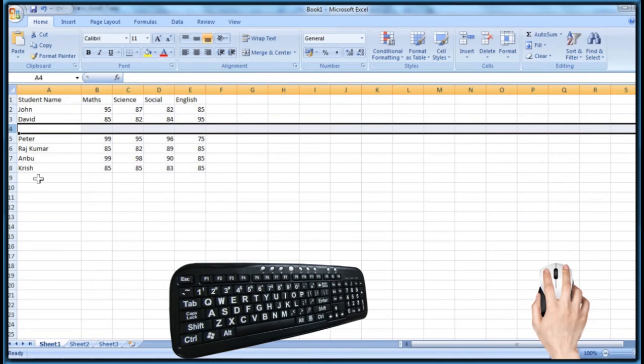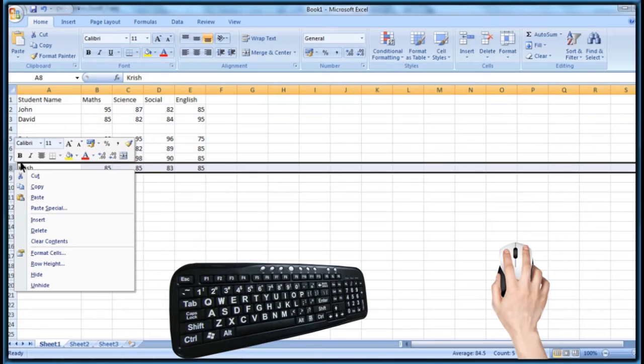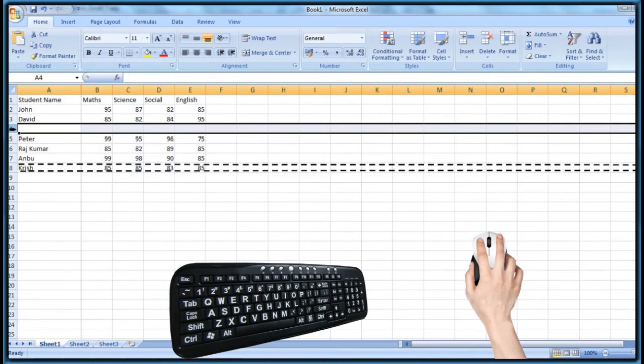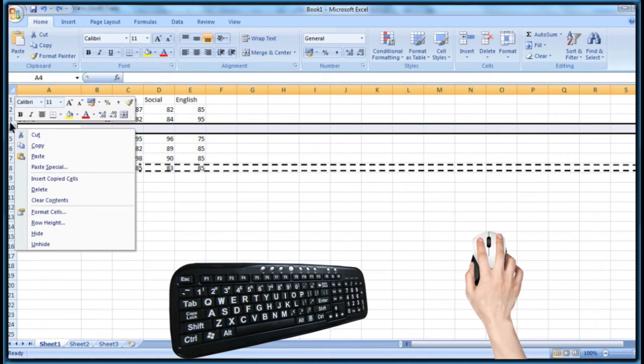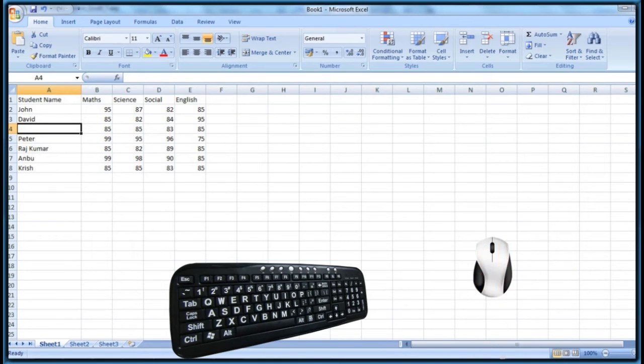So select the row, click on mouse right button and choose copy command from the appeared menu. Now the row copied and ready to paste. Select the row to paste. Click on mouse right button. Choose paste command from the appeared menu. See the 8th row data copied to 4th row. Now you can do some modifications to it.